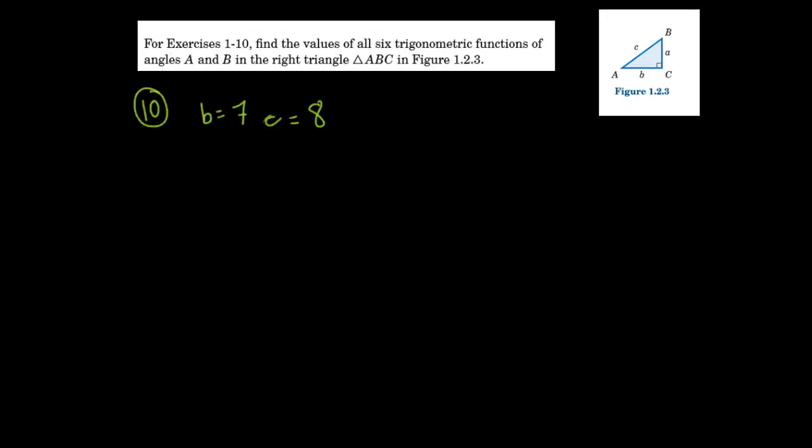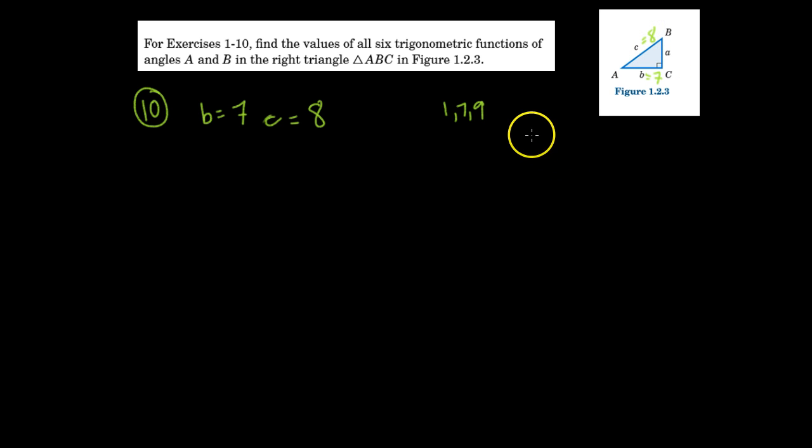So we're going to use number 10 as an example. This corresponds to your assigned problems 1, 7, and 9. What you have to do is find the values of all the 6 trigonometric functions of angles A and B in the right triangle ABC using figure 1, 2, 3, which is here. I chose this one because they only give you 2 sides, but we can find the third side using the Pythagorean theorem. So we know that length AC, or B, is equal to 7,